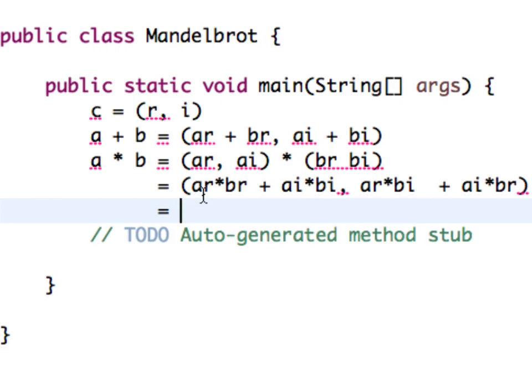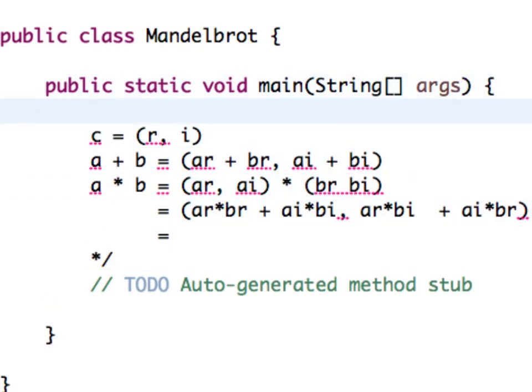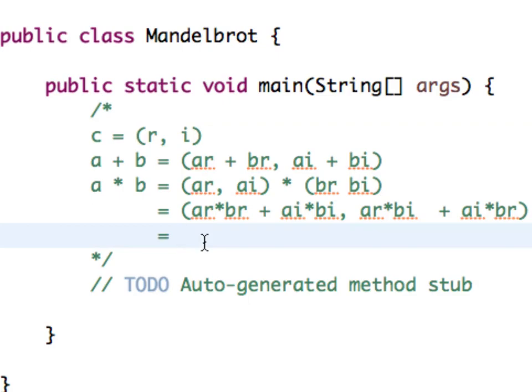Maybe a little too much because you can't see the end of that. There we go. And one more thing, I'll just put a comment around here so we get rid of all those ugly red lines. Okay, there we go. Now we have orange lines because I did typos, so never mind that.